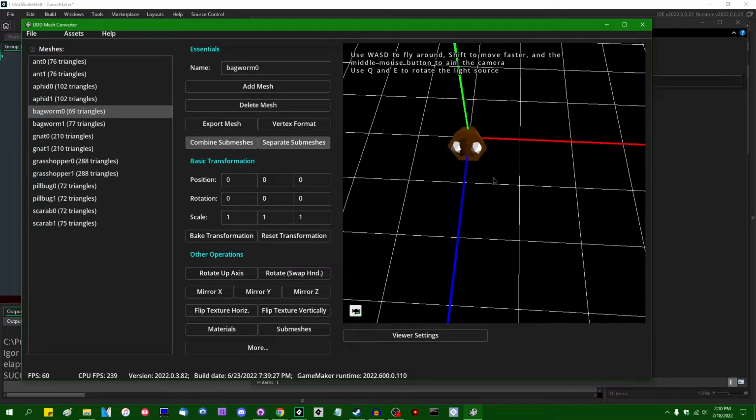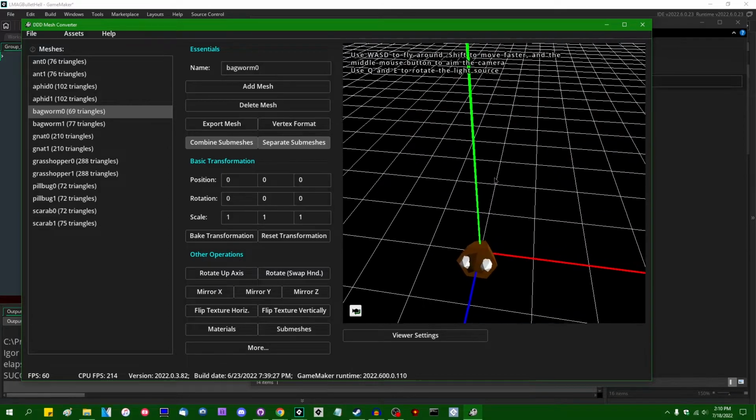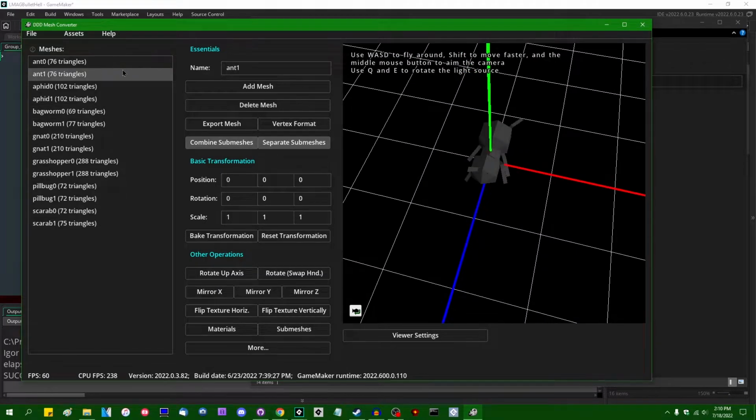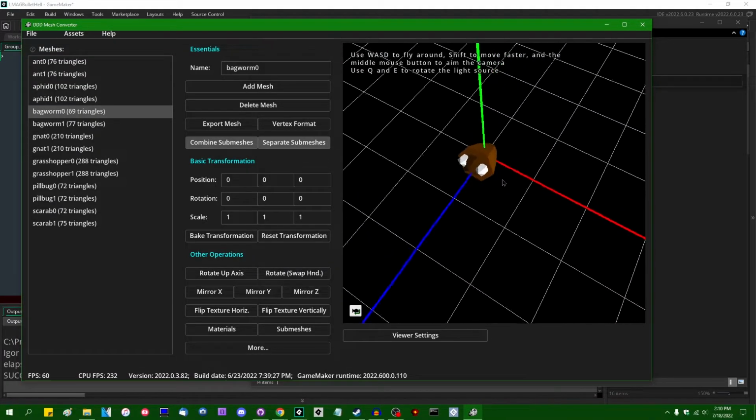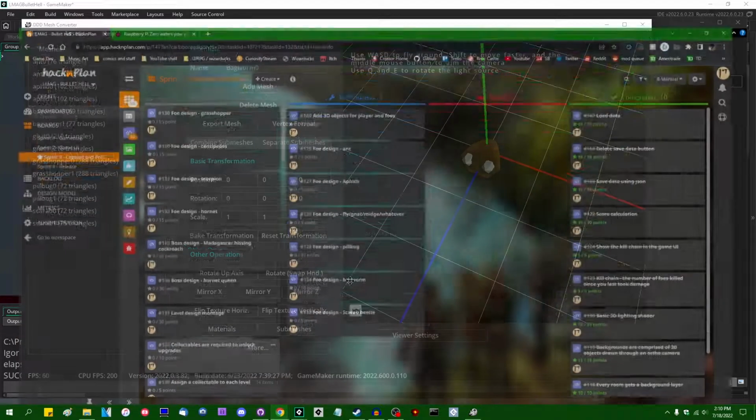Let's see. I'm not entirely sure if I'm happy with the background design. All these guys have 2 frames of animation as they had in Bombardier. I'm not entirely sure what I think about the bagworms. If you've never seen those, they are